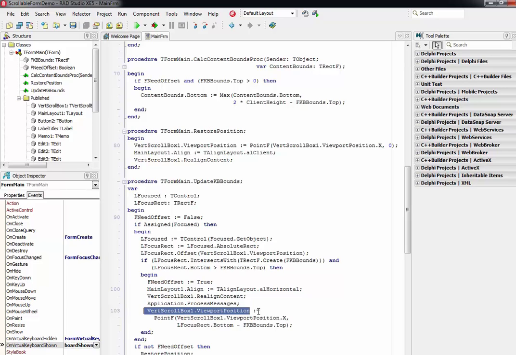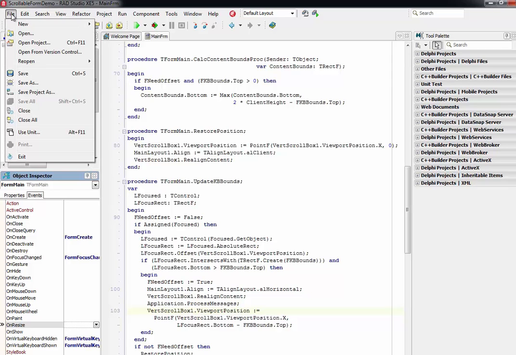This code, I'm going to leave as an exercise for the viewer because it ships. It allows you to look at what's going on, but you can then apply these same techniques to your applications as well. So we have on virtual keyboard hidden, on virtual keyboard shown. Another key event that's not shown here is on resize. Anytime your landscape orientation changes, or even the keyboard, resize is called. So if I came in here and we just said open project,